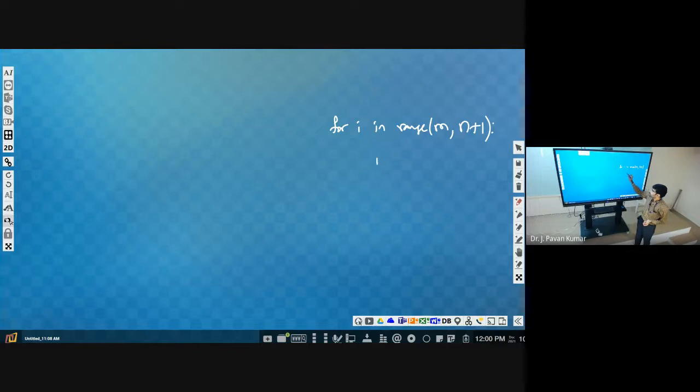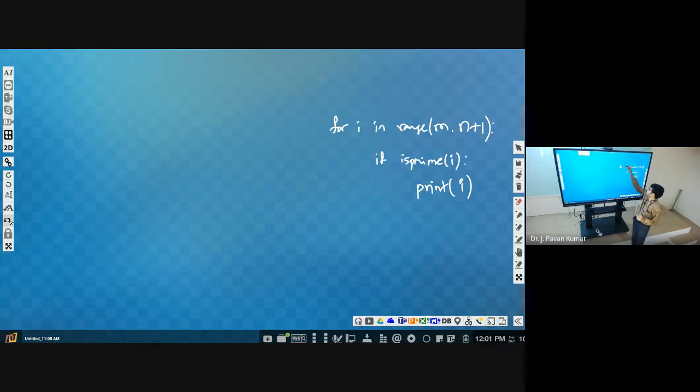So if is prime of I. M means only one time it will work, but for all the times we should vary, right? So if is prime of I, then print I, that's it. If it is not a prime, we need not print. The objective is to print only prime numbers from m to n.